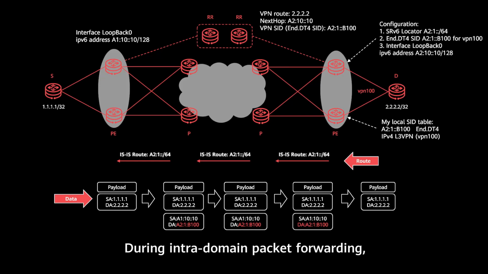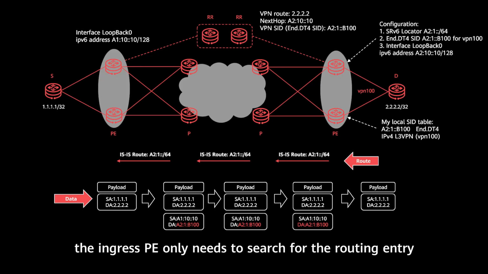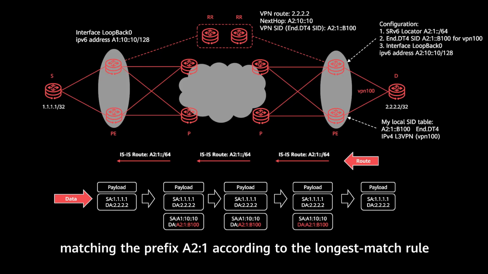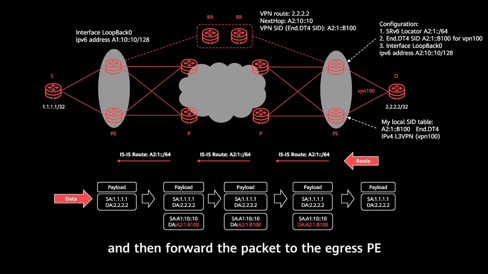During intra-domain packet forwarding, the ingress PE only needs to search for the routing entry matching the prefix A2::1 according to the longest match rule,